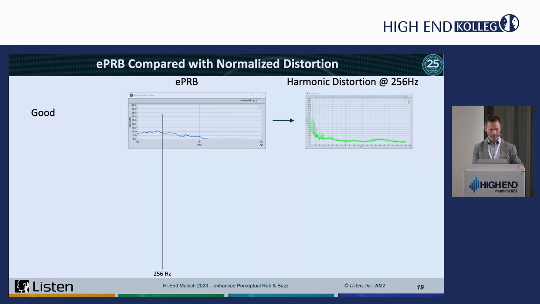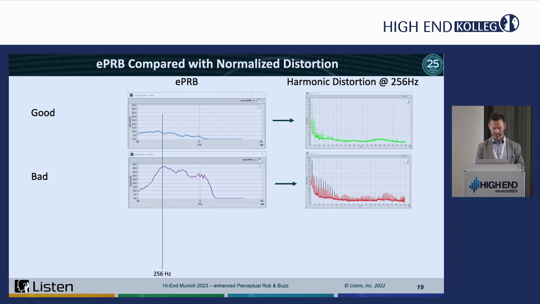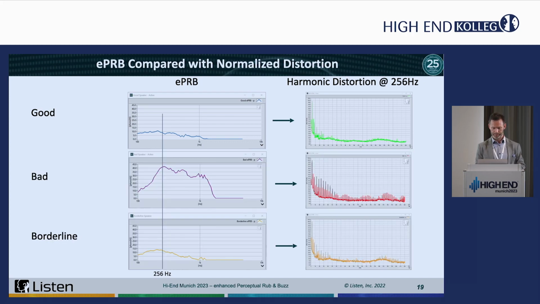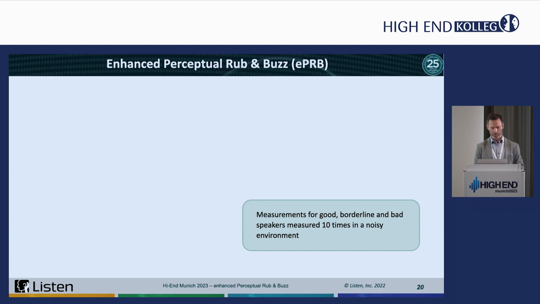So here you have the curves from the measurement. So initially, you have the good speaker, and you can see the harmonic distortion displayed here at 256 hertz, and you have the bad speaker and the borderline. So the interesting part, we'll look at what happens when the same speaker is measured multiple times. So Steve and his team made 10 measurements for each speaker in a quiet office with no acoustic treatment or isolation, and then they saved